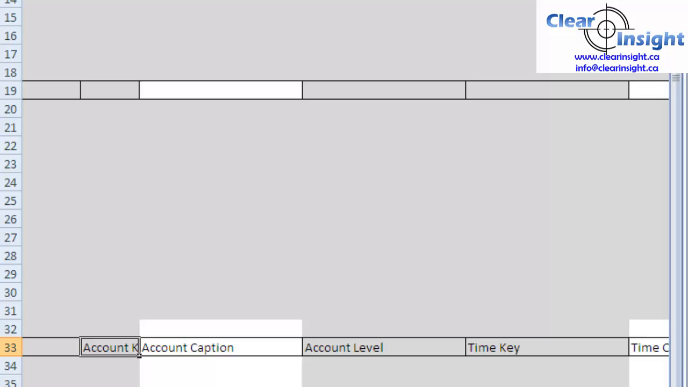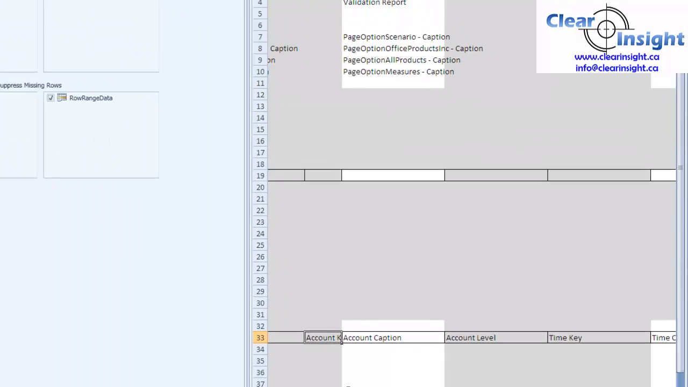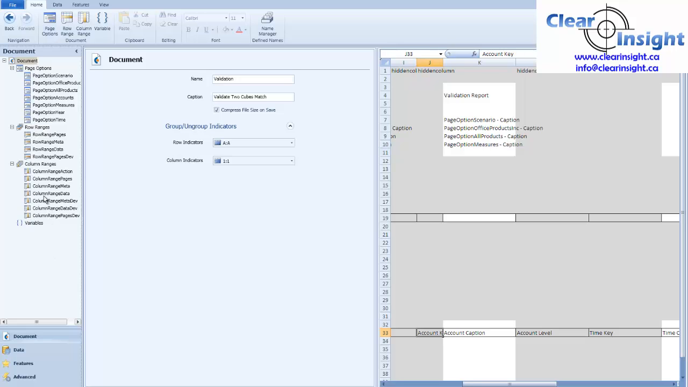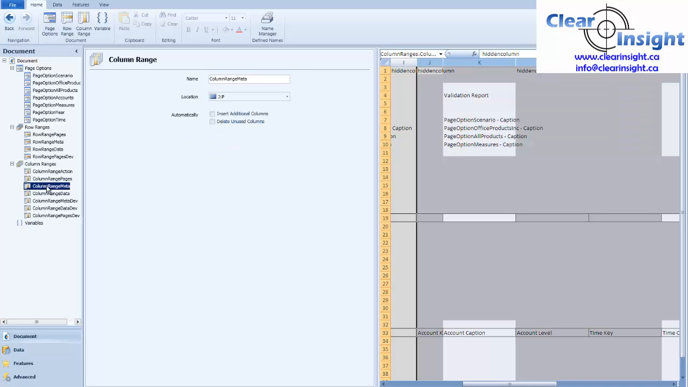It's very common to maybe retrieve the column or row headers in a hidden area and then just use, say, an equals formula to reference it. You cannot do that with zooming. It has to be the true dimension keys, true dimension values from Clarity coming in, that the user can click on. So what that really means is if I look at my column range meta,